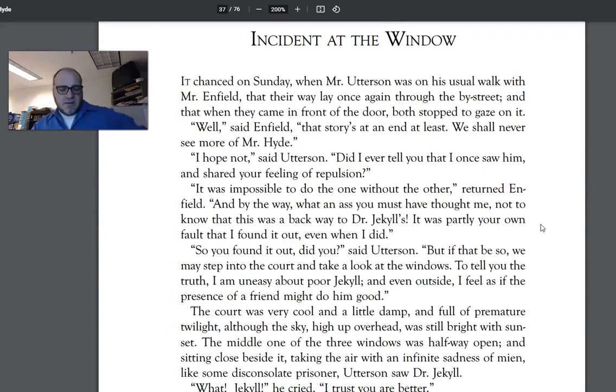Right, that's the end of the incident of Dr. Lanyon. Lanyon dies rather suddenly, claiming that he has had a shock. I believe that is his wording. And he'll never recover. So what's going on there? What's going on with Jekyll? Why has he shut himself up? Why isn't he seeing anybody? This is interesting and complicated. That brings us to the next chapter, the incident at the window.